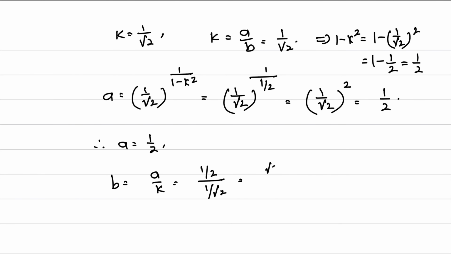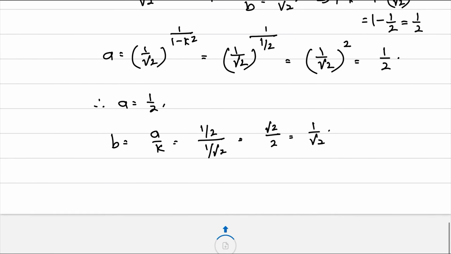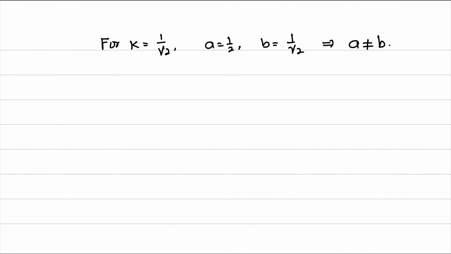That is equal to root 2 by 2, that is 1 by root 2. That means for k is equal to 1 by root 2, a is equal to half and b is equal to 1 by root 2, which implies a is not equal to b, but